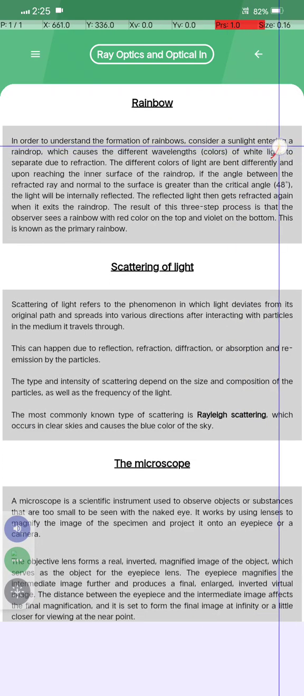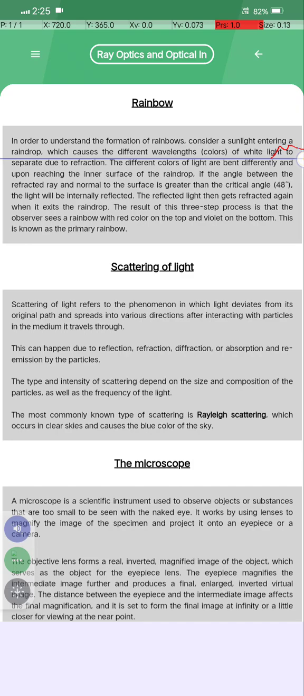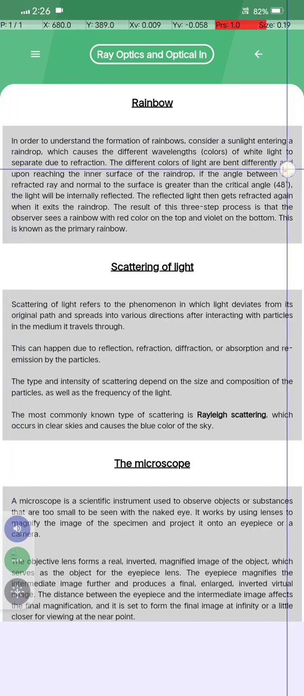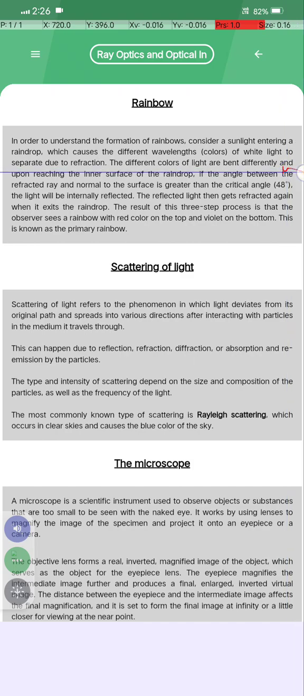In order to understand the formation of a rainbow, consider light entering a raindrop, which causes the different wavelengths, the colors of white light, to separate due to refraction. The refracted rays of different colors are bent differently, and upon reaching the inner surface of the raindrop, if the angle between the refracted ray and the normal is greater than the critical angle, 48 degrees,